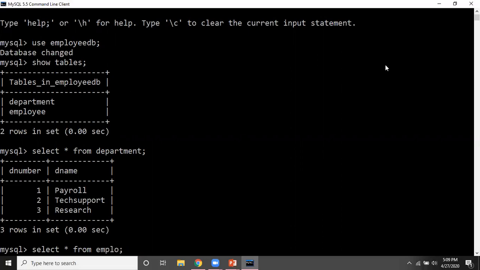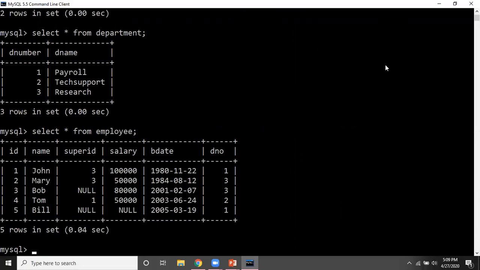So here, the employee table is having 6 columns where employee ID is the primary key, and here if you can see I have used the attribute name D number. I have denoted it as DNO, and here it is a foreign key which is taking its reference from D number of department. So these are the two tables I'm having with me.